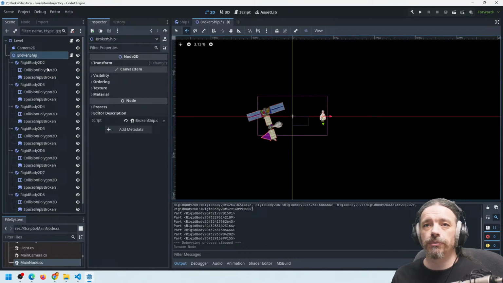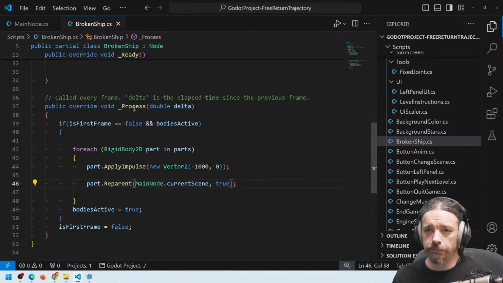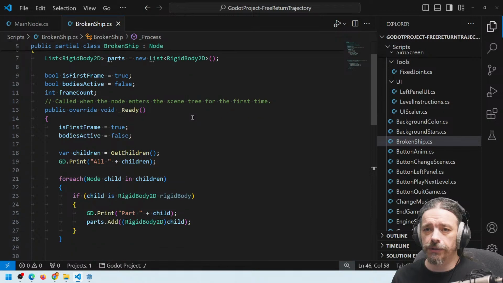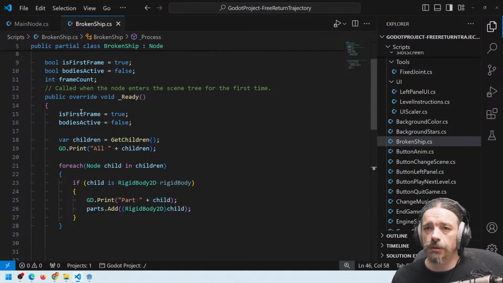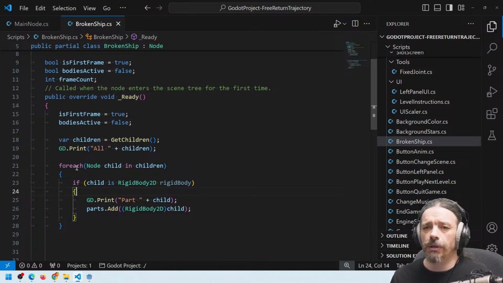And this broken ship will be the main node of the scene. At this point it is not yet, but I will remove that code. I don't need this. So I actually don't need anything of this. I just need to copy, at the ready function, the velocity and the direction and the rotation of the original spaceship to these rigid bodies. So I will need this part, but here